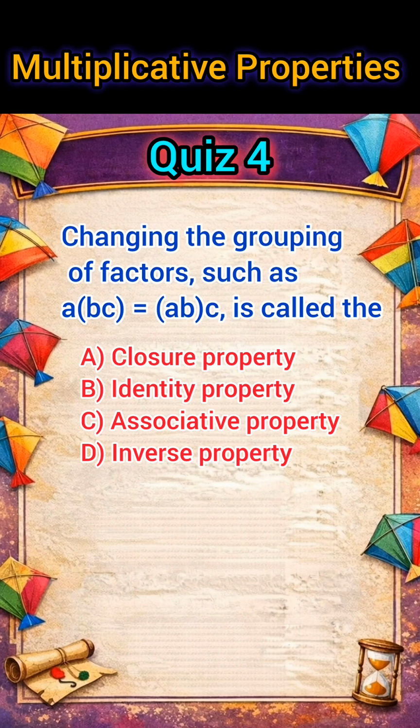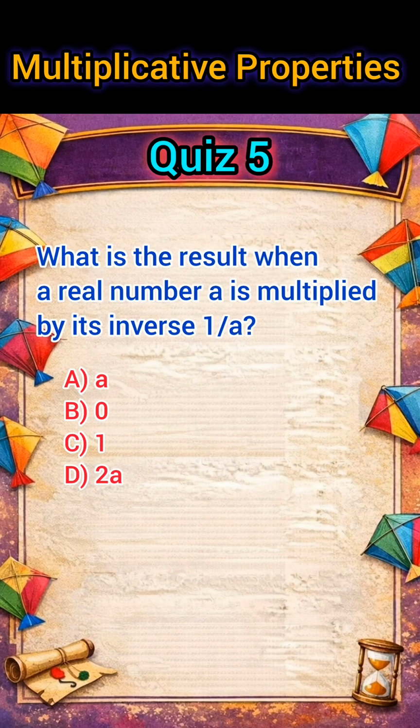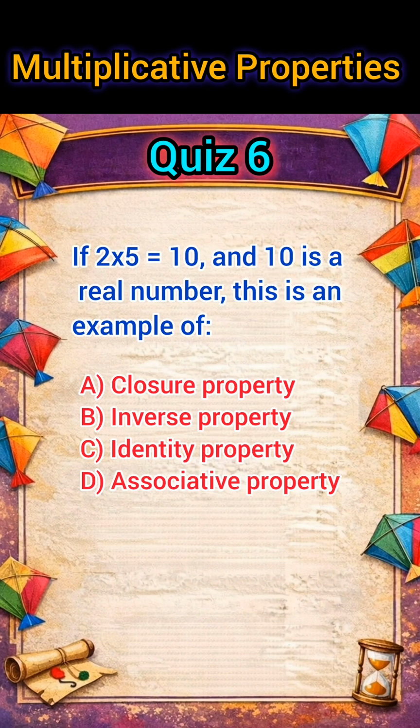A. Closure property. B. Identity property. C. Associative property. D. Inverse property. 5. What is the result when a real number a is multiplied by its inverse 1/a? A. a. B. 0. C. 1. D. 2a. 6. If 2 × 5 = 10, and 10 is a real number, this is an example